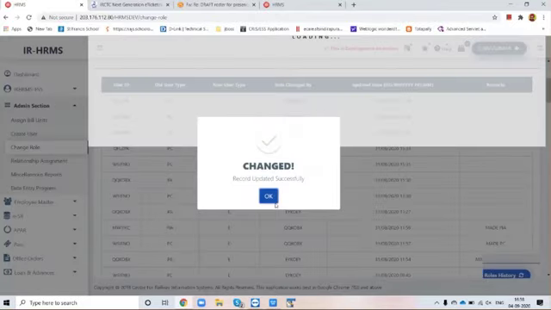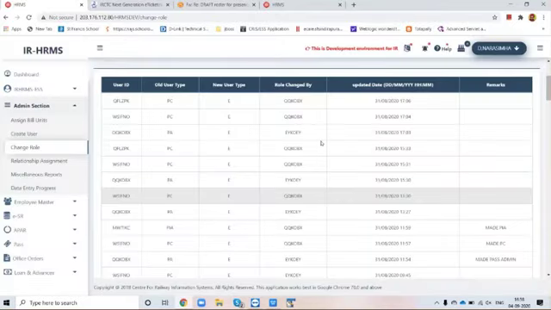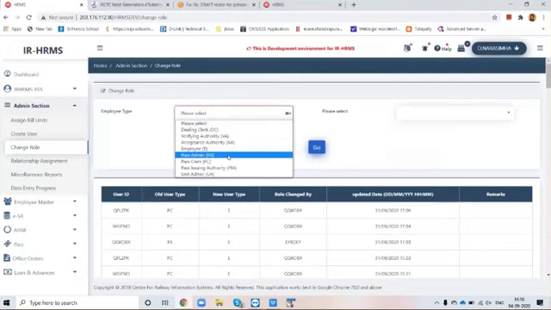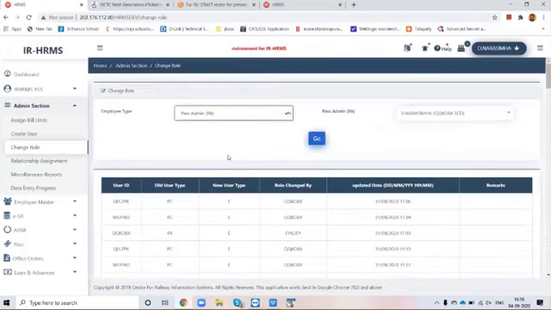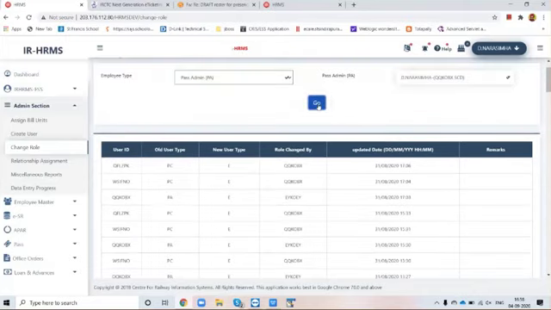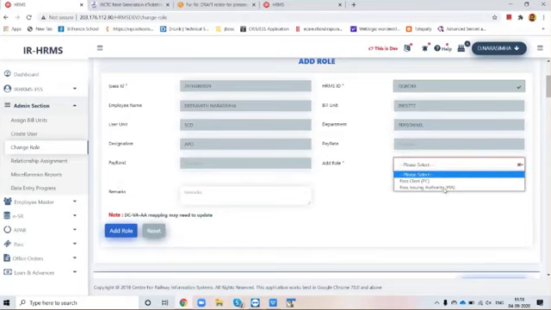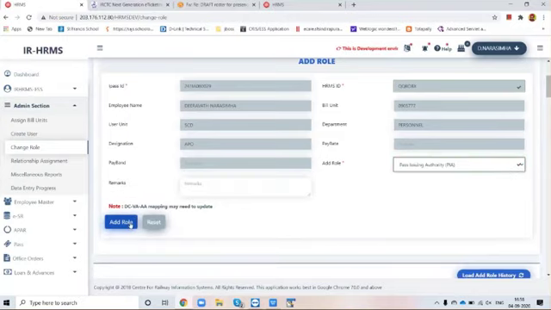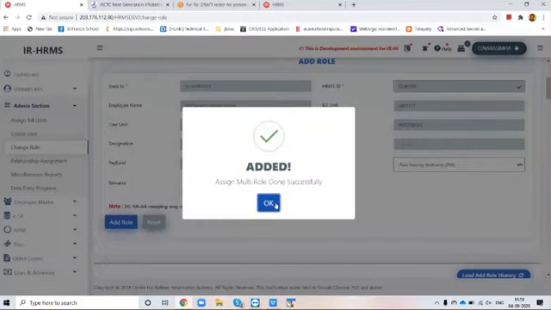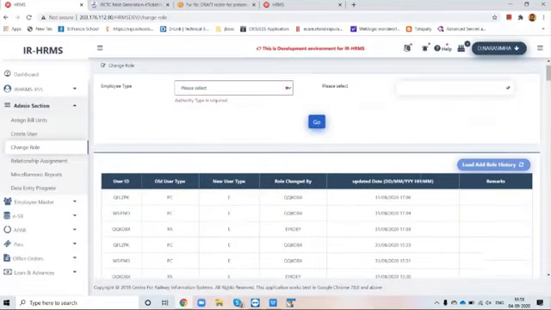For the demo purpose, I give the role of PIA to the pass admin. This will be the additional role. So I give an additional role of PIA to our pass admin, add role, and it has been done here. So now if the pass admin wants to know how many pass clerks and PIAs are in our unit, just go to create user,